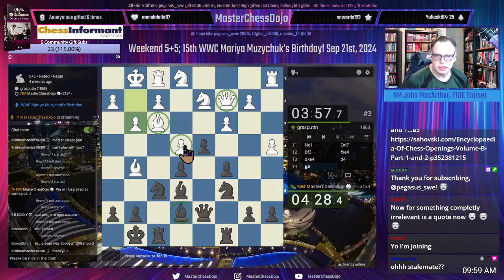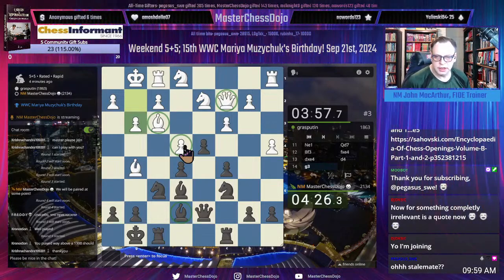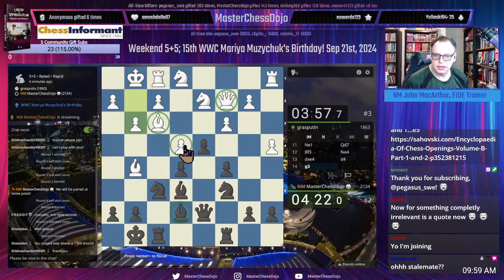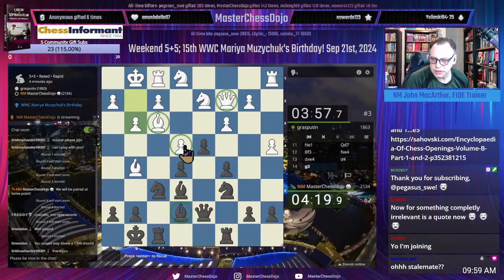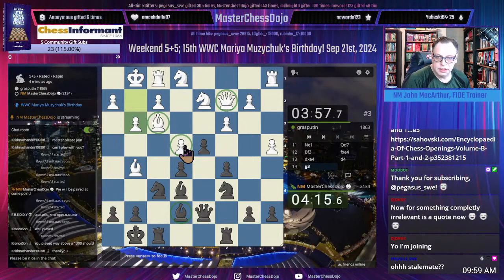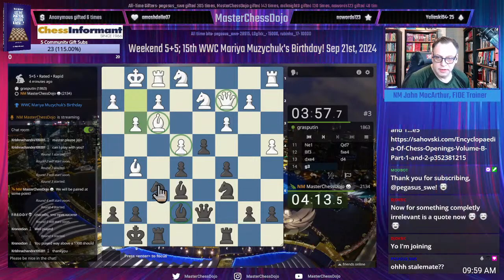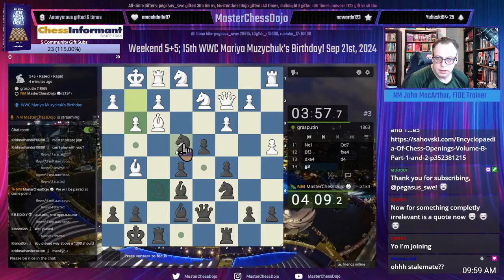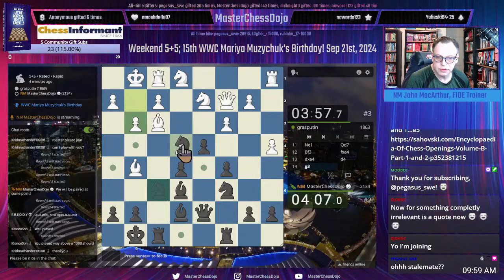Alright, knight takes E4 and I lose a pizza? No. Knight takes E4, bishop takes E4, bishop takes G5, bishop takes H7. Knight takes E4, queen takes E4.